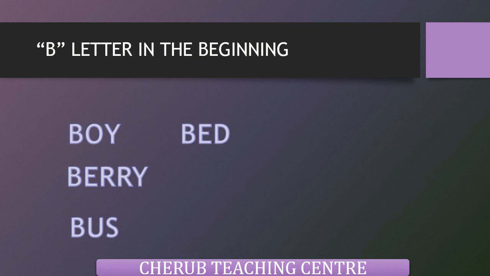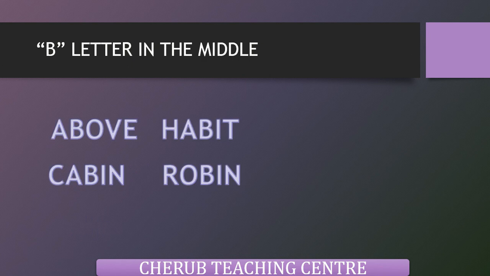First of all I will say the words, then you please pronounce the words after me. The first word is boy. It comes as boy. The next word is bed. Again, bed. Next is berry. And last but not the least, it's bus. Again, please ensure that you're making your mouth form very accurate, very correctly. So it comes like boy, and then berry, and then bus, and finally bed.